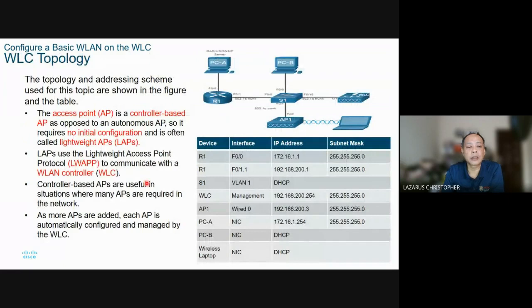Right, so let's look at this example here. We have a router, okay, and then we have the RADIUS. The RADIUS is for security reasons, right? Authentication, central authentication. And then we have a switch, a wireless controller here, and a lightweight access point here, okay? And an example of a device connecting wirelessly to that. And all the addresses are given here, right? Okay, so